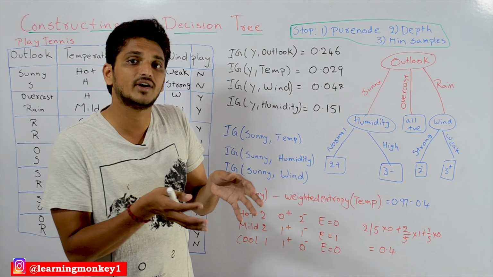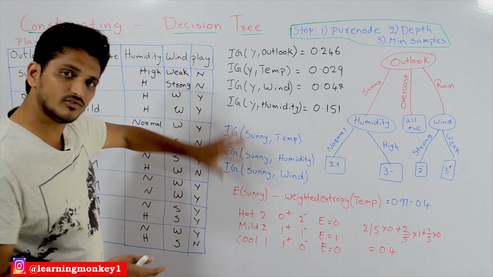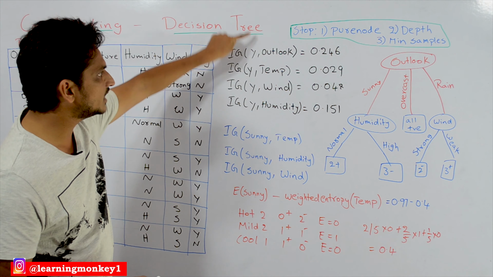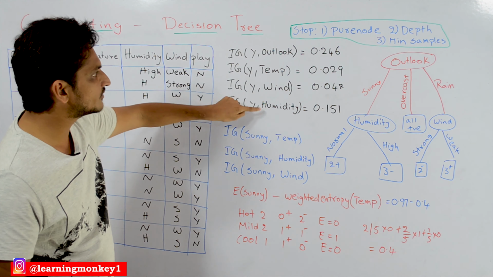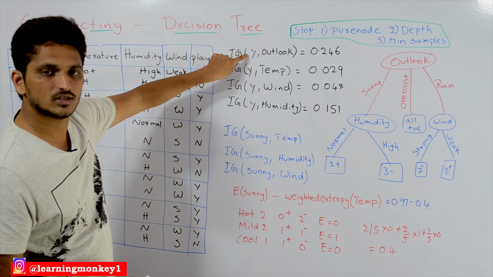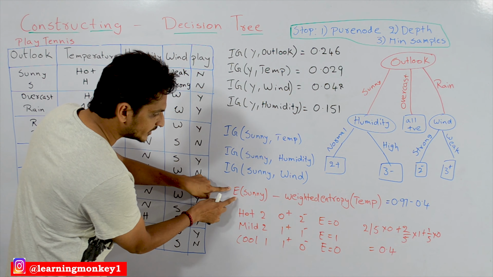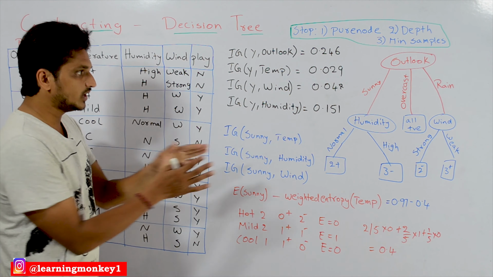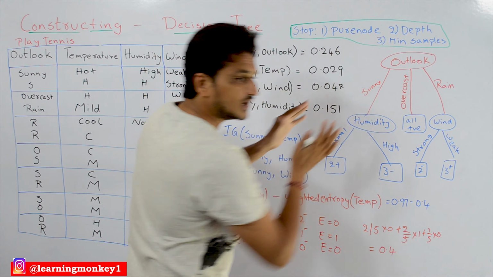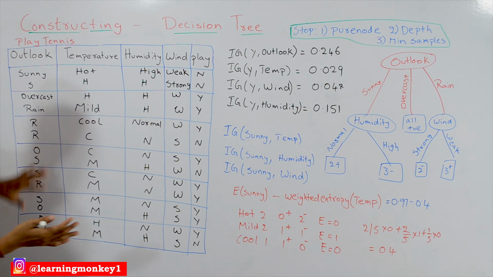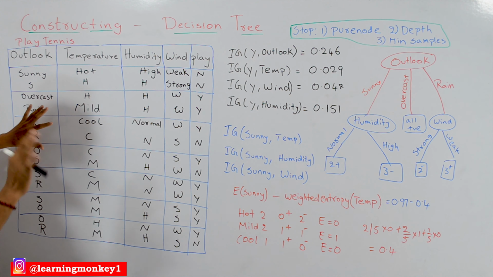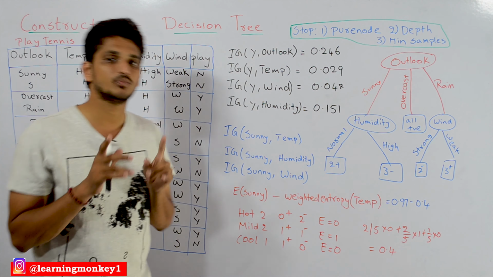So what's the equation for information gain? First, calculate the entropy value of sunny. This is the point we have to understand well. In our previous class, when we calculated information gain for outlook, temp, wind and humidity, we calculated the entropy value for Y on the entire data set. But here we have to calculate the entropy value for sunny, which means we take only these five data points having the sunny value, and calculate entropy on those five data points.